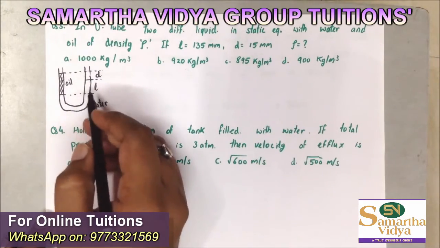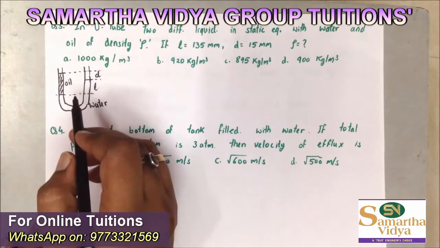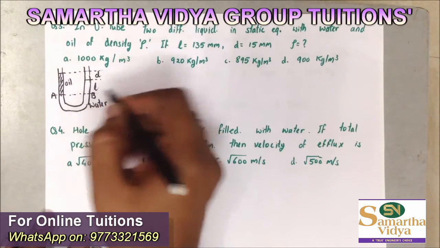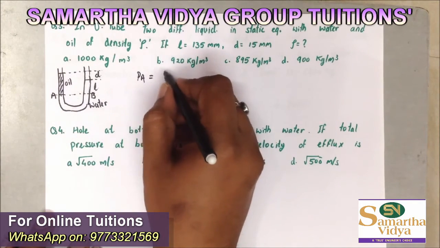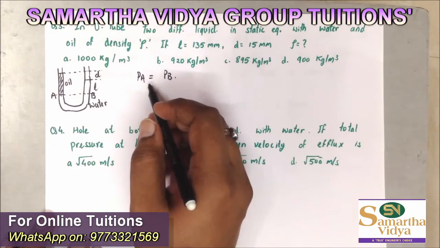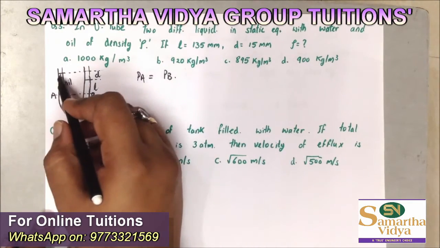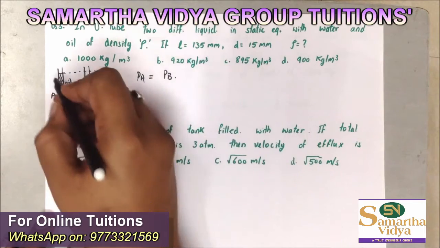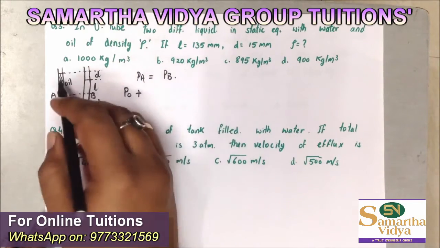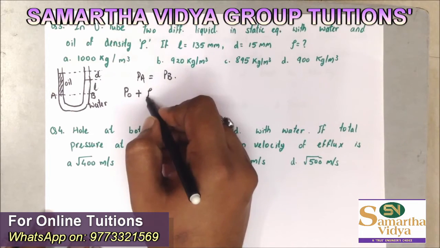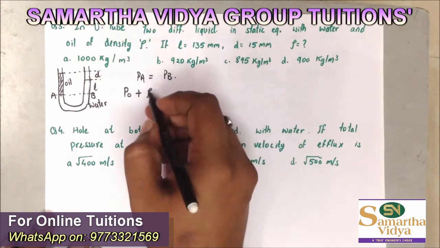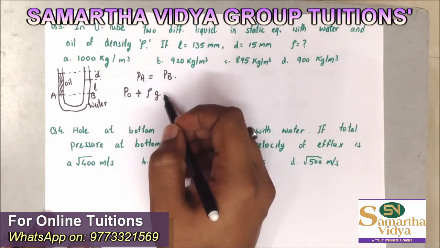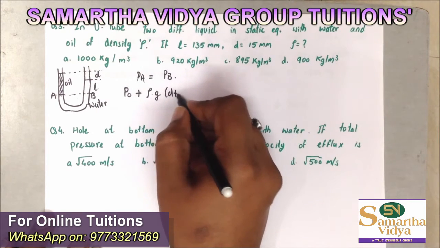So what we'll do is, we know that the pressure at this level, at this point, is equal to the pressure at this point. Let us say this is my point A and this is my point B. So pressure at A will be equal to pressure at B. Pressure at A, if I calculate from this end, is P naught, the atmospheric pressure because this is open to air, plus rho GH. So it's rho, the density of oil, which is unknown to us, times G, which we can take as 10, and the height H, which is D plus L.